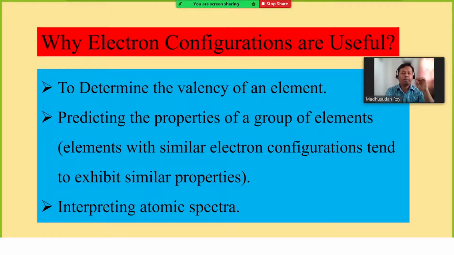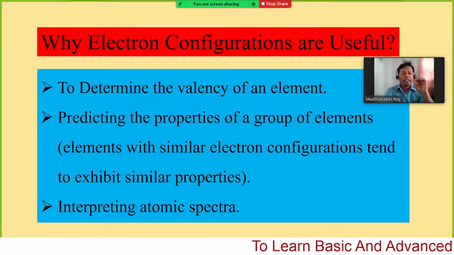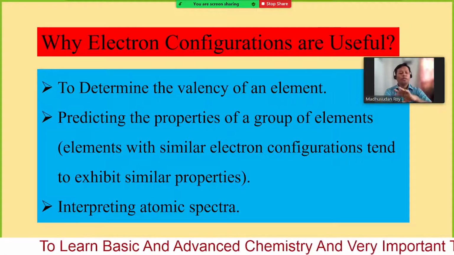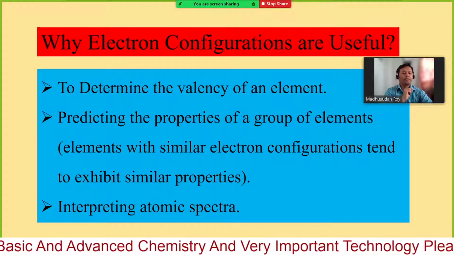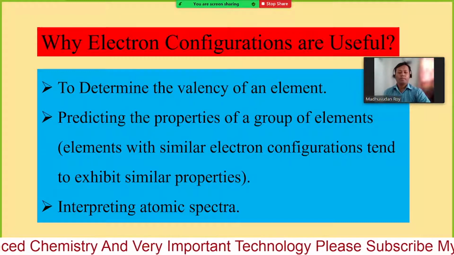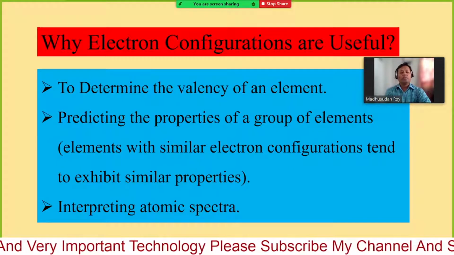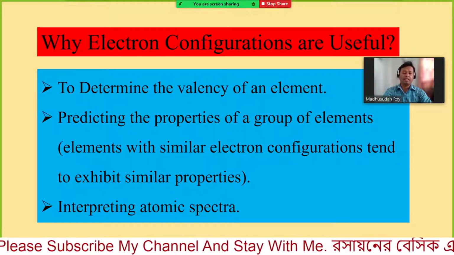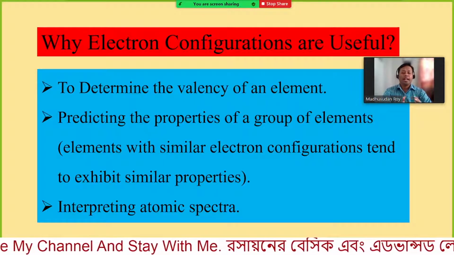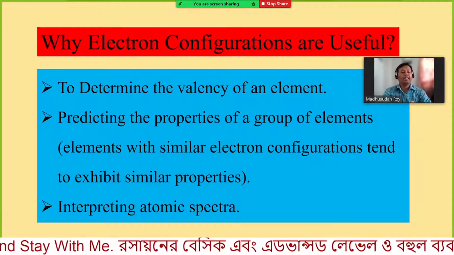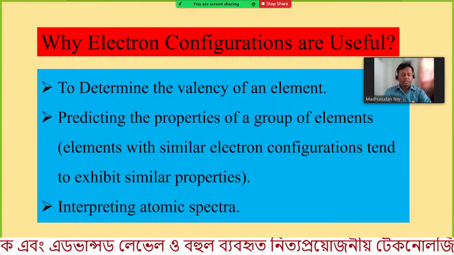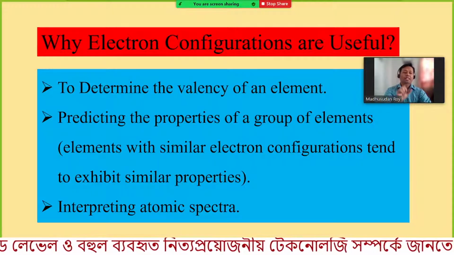So if you put some energy into the atom, then an electron from an inner shell will jump to an upper shell. Then if you remove the energy, what will happen? The electron will come back to the previous shell again. So if you want to know what type of atom it is, these atomic spectra can be observed, and they are specific for a specific atom.